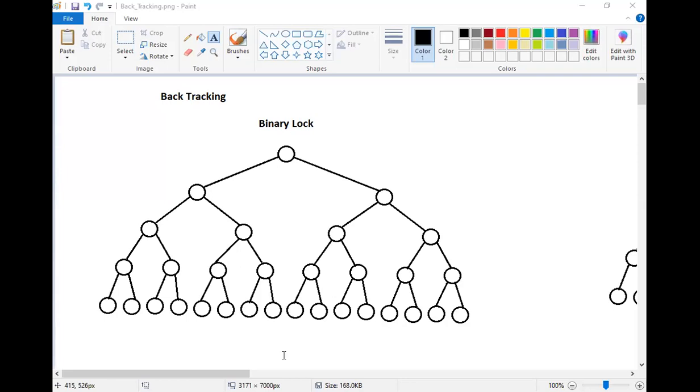Welcome students. In today's class, we will go through the next concept of writing the algorithm, which is called backtracking. Right? In the previous class, I just gave you a quick hint of what backtracking is. In which one, depth first search or breadth first search, do we use backtracking?